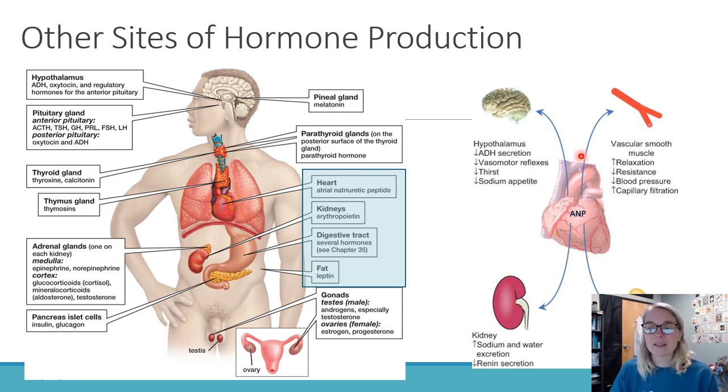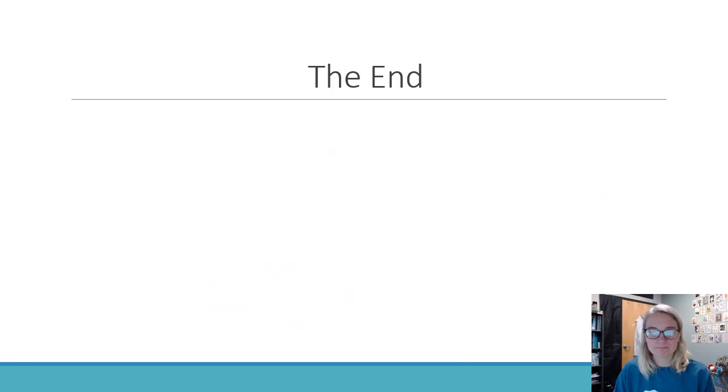So what it does is it tells our blood vessels to relax, reducing blood pressure because we don't want to blow a gasket. It tells our kidneys to pee out water, right? So reduce that renin, reduce the aldosterone from your adrenal cortex. So we're going to pee out more water. And then it tells the brain to stop releasing that ADH. We saw that in the urinary system. It's going to make you less thirsty and less motivated to eat salty food. So we're trying to lose water. So ANPs, your natriuretic peptides, are like natural diuretics. If your blood volume and blood pressure are too high, you just pee a lot, and that gets you back down to homeostasis. All right, so that wraps up our discussion on hormones and the endocrine system.